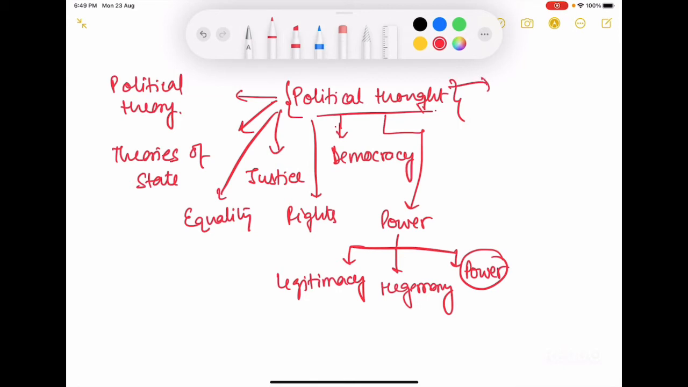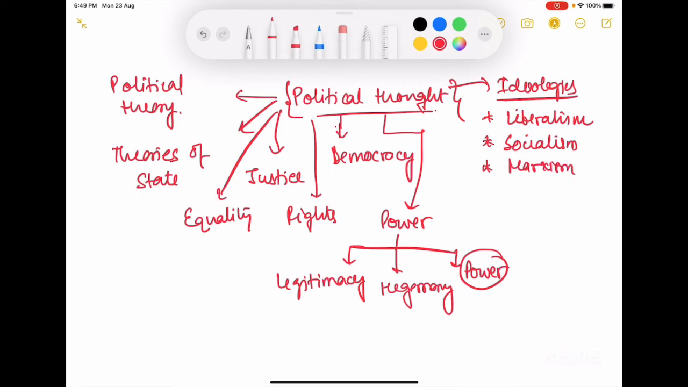And last but not the least, the ideologies, which will include liberalism, socialism, Marxism, fascism, Gandhism. Now all these areas of discussion will be covered in this platform along with the notes or materials,